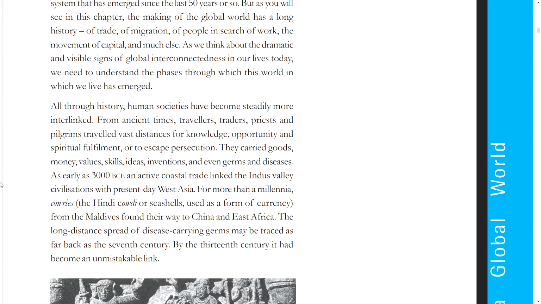As early as 3000 BCE, an active coastal trade linked the Indus Valley civilization with present-day West Asia. For more than a millennium, cowries, the Hindi kaudi or seashells, used as a form of currency, from the Maldives found their way to China and East Africa. The long-distance spread of disease-carrying germs may be traced as far back as the 17th century. By the 13th century, it had